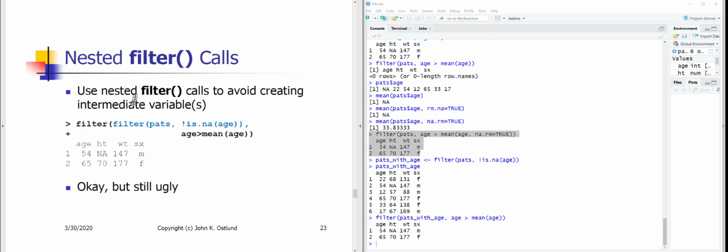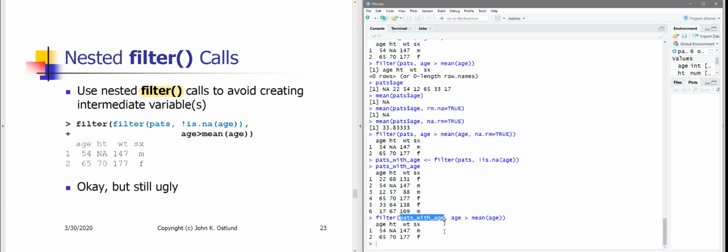Well, we can simply nest the filter function calls to avoid the need for that intermediate variable. That is, instead of calling filter with pats_with_age as the first argument, since the filter function returns a data frame, I can simply